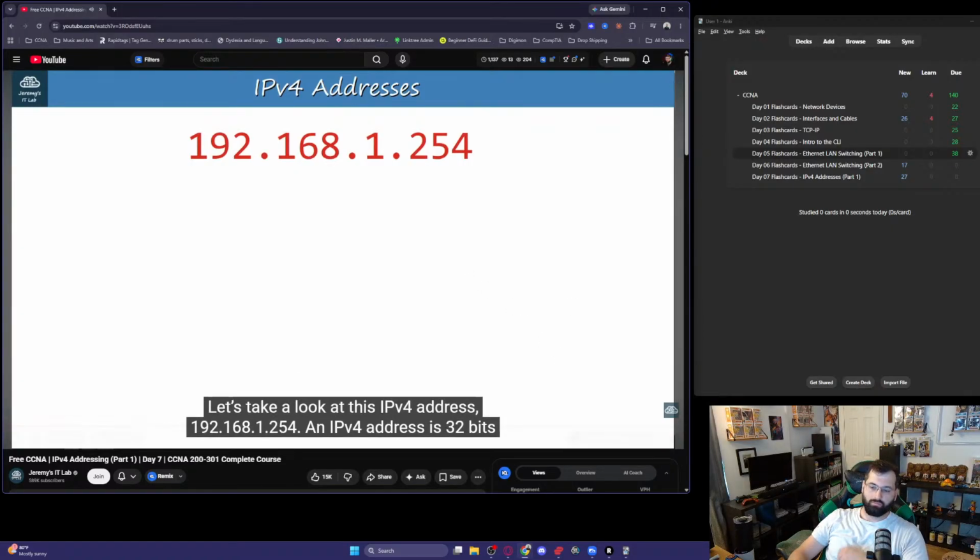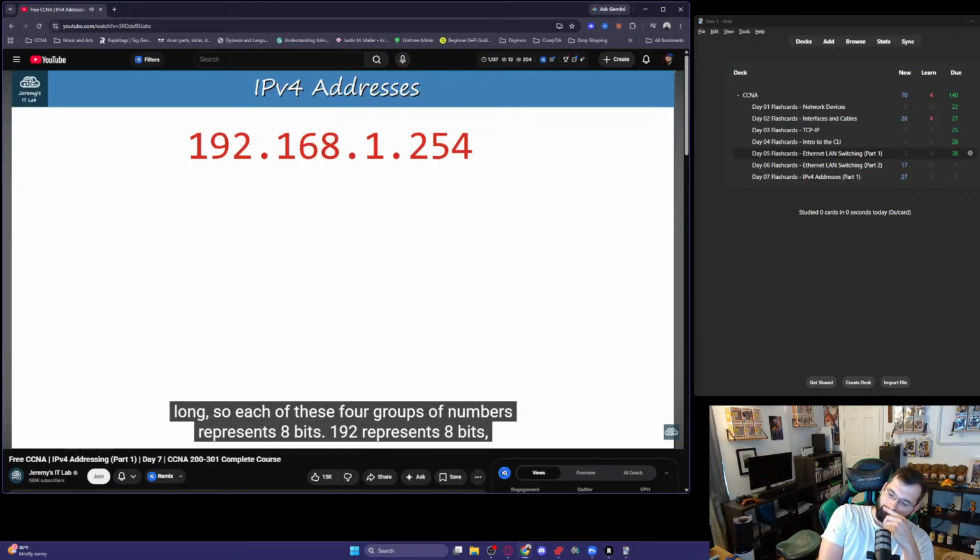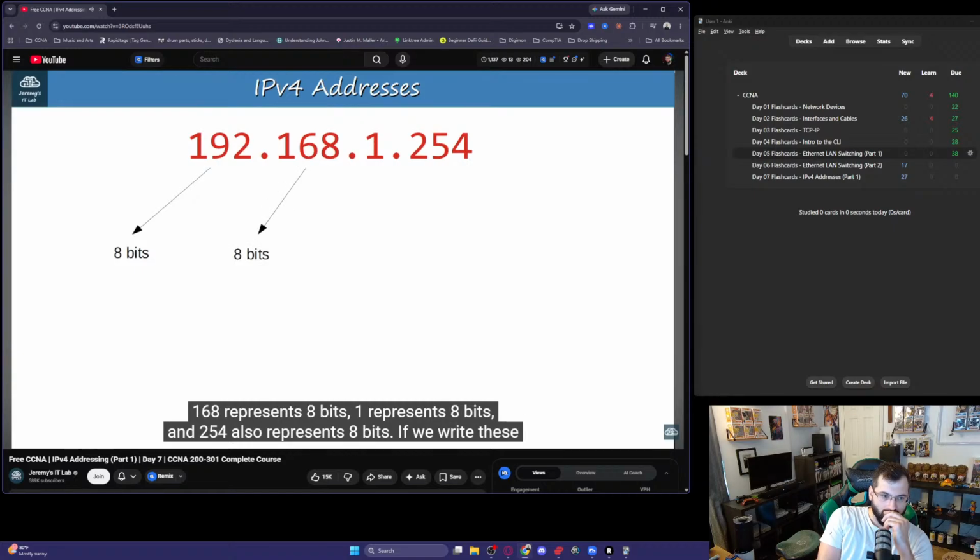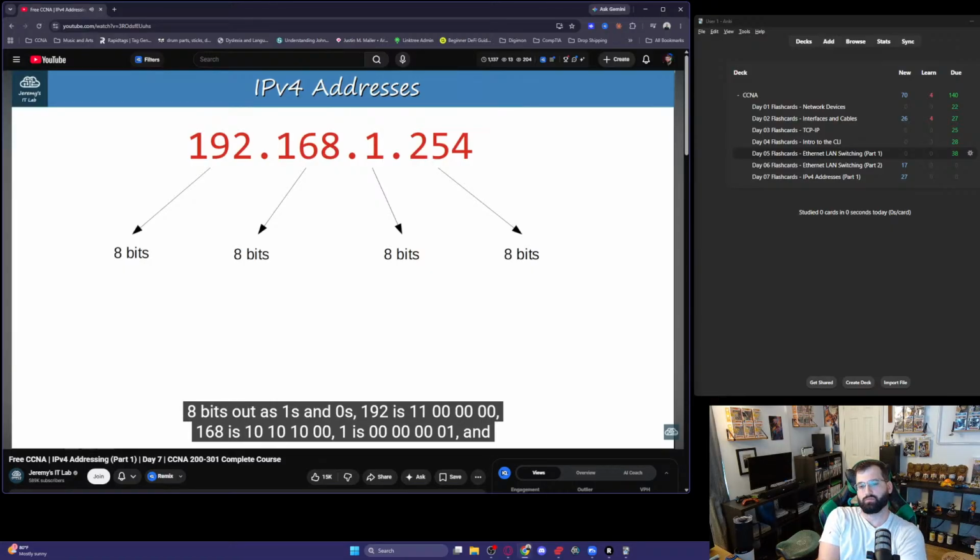An IPv4 address is 32 bits long, so each of these 4 groups of numbers represents 8 bits. 192 represents 8 bits, 168 represents 8 bits, 1 represents 8 bits, and 254 also represents 8 bits. Yeah, they're all octets. If we write these 8 bits out as ones and zeros, 192 is